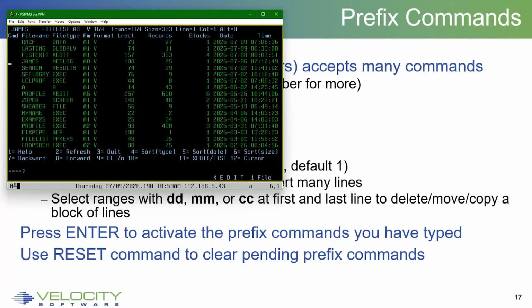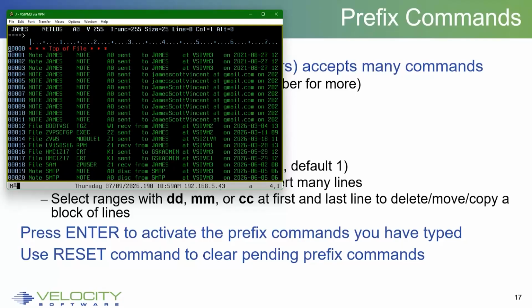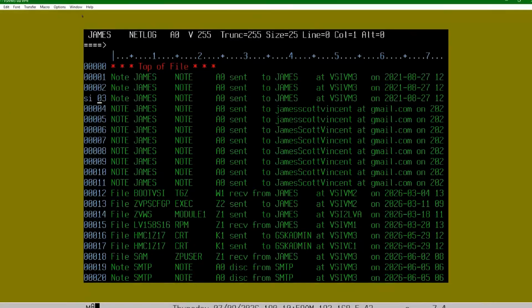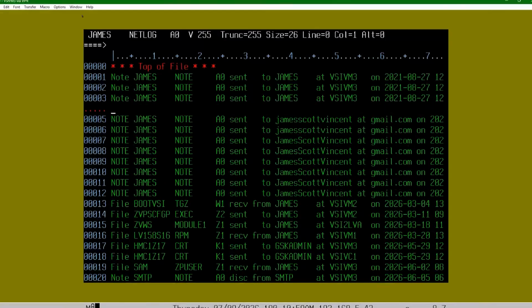So let's just pick this file. So you can see my screen better, if I type SI in the prefix area of this file on line 3, it takes me into structured input. You see the dot, dot, dot, dot in the prefix. It's waiting for me to type something. So if I type something